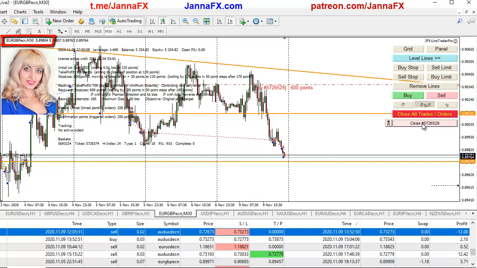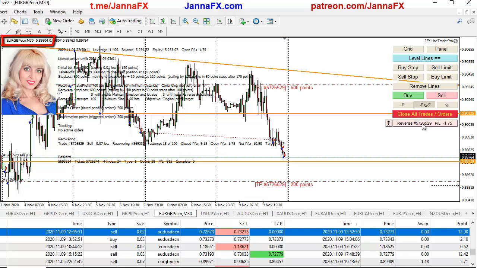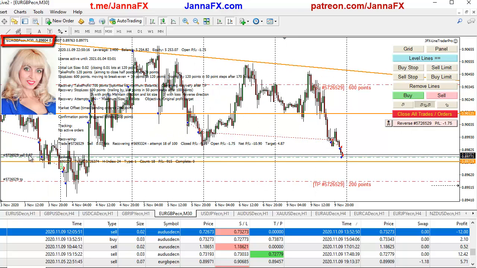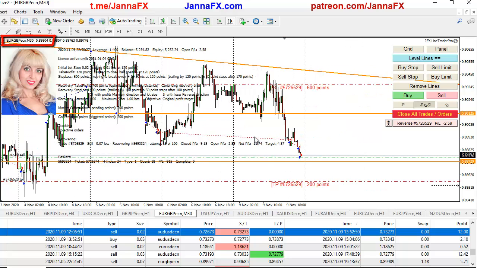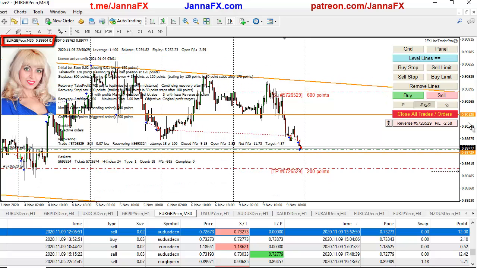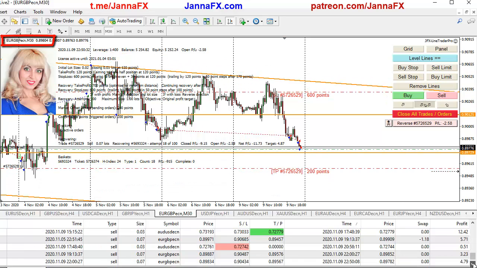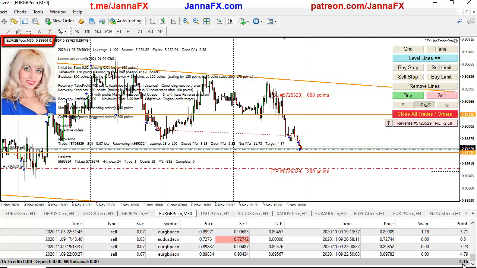Okay, so watch out. You see, I closed a little bit of profit, and look, it reopened again with the same lot size, because I have a setting to not change the lot size, but it reduced the distance a little bit. And so now I only have 200 points, and it wants to make about $18, which I will also explain why they're all doing it this way. But it reduces the risk. You see, guys, the recovery risk, and now I only have $4 to close.